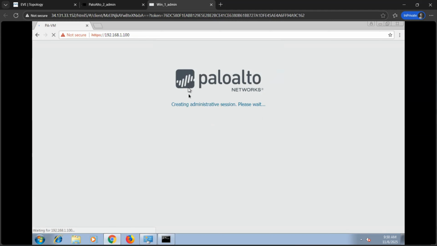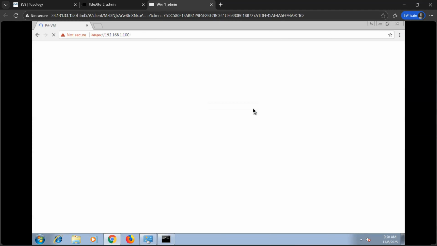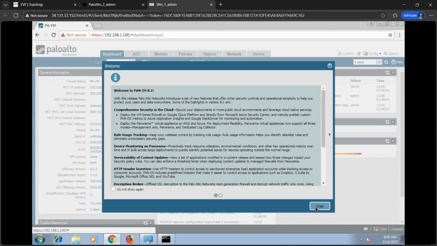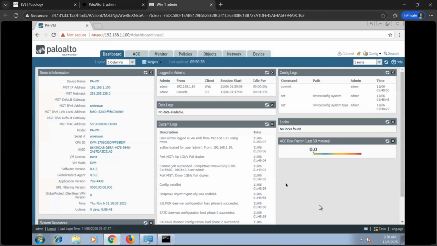After successful login, you'll see the Palo Alto Firewall dashboard. In the General Information section, you can see the management IP address and subnet mask that we configured earlier.